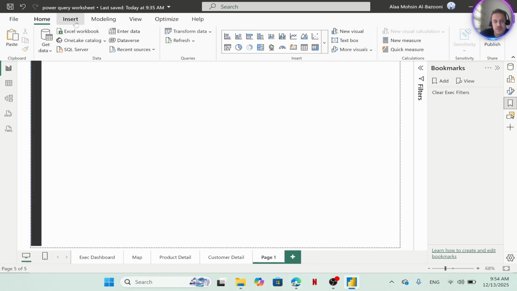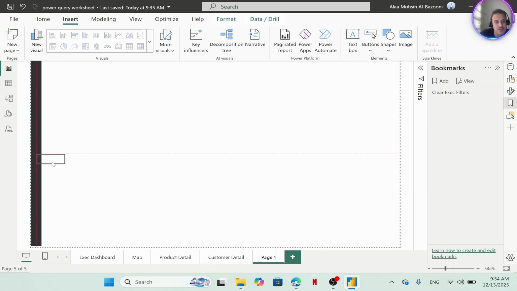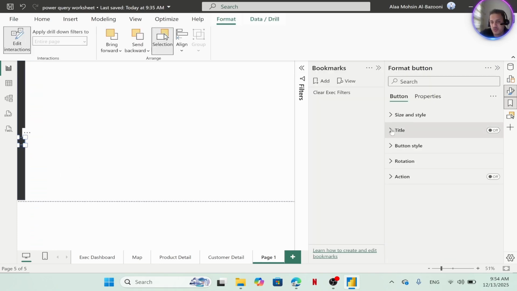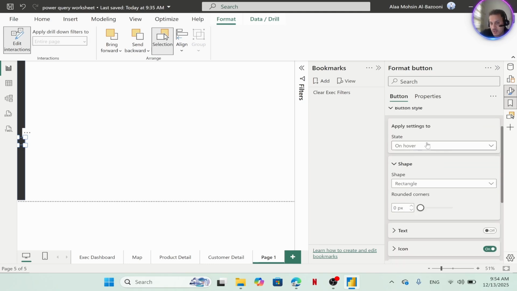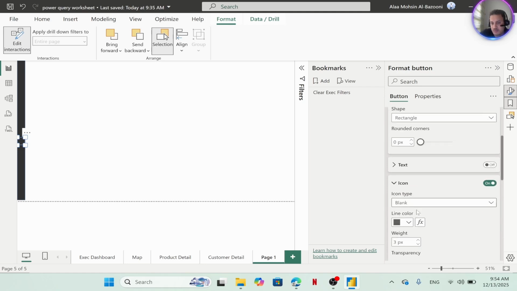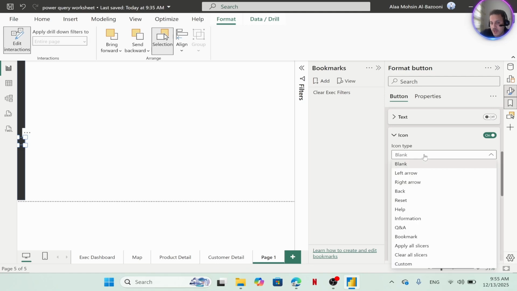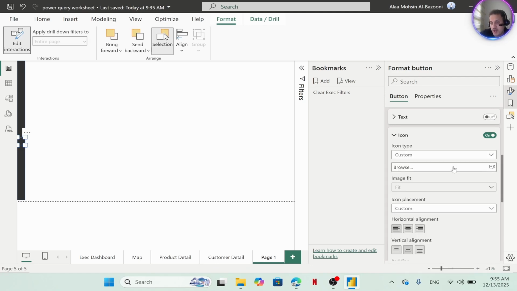We have to go to Insert, and then we have this Button. From Button, we select Blank, and keep this blank, adjusting it in the middle. Okay. Double click, and then we have the button style. First, we go back to the default setting, and we have the icon. From the icon, you select the icon type. You select Custom. Custom allows us to bring